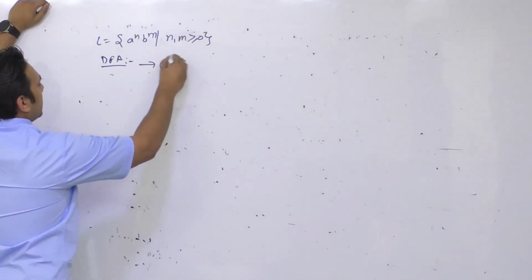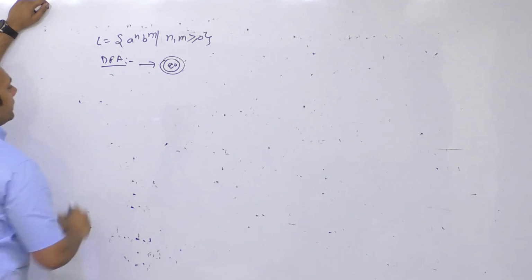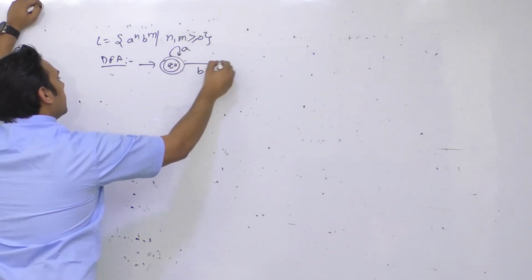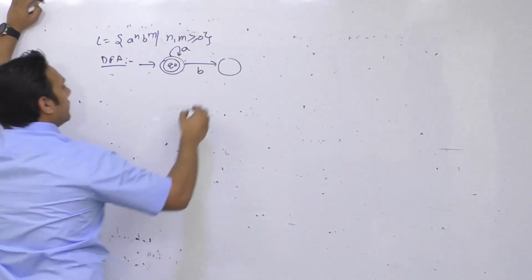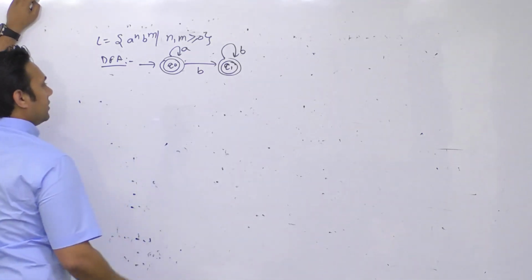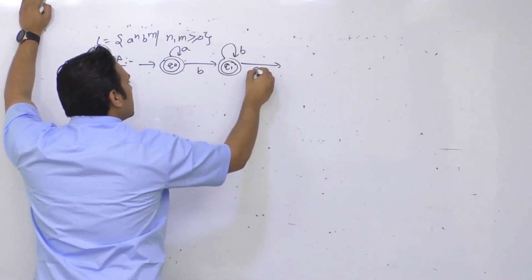We have an initial state which is Q0, and it is also a final state. You can give n number of A's here. If you give a single B, you will go to the state Q1. Again, it is also a final state. You can give n number of B's here, and again if you get a single A here, then you will